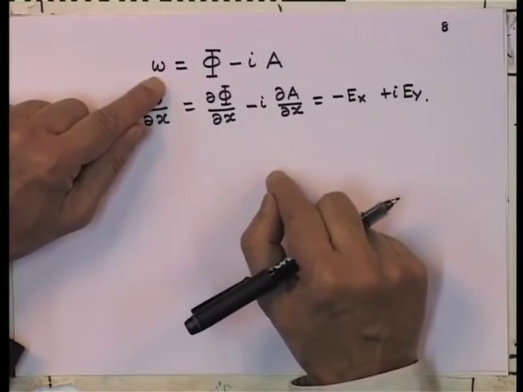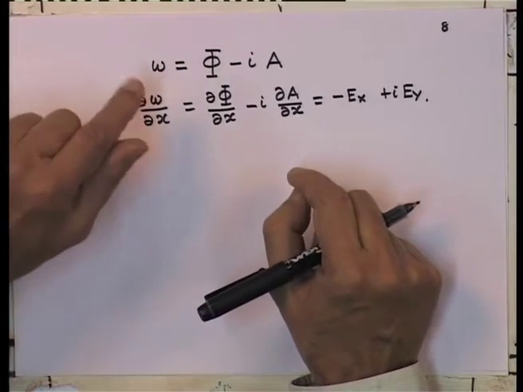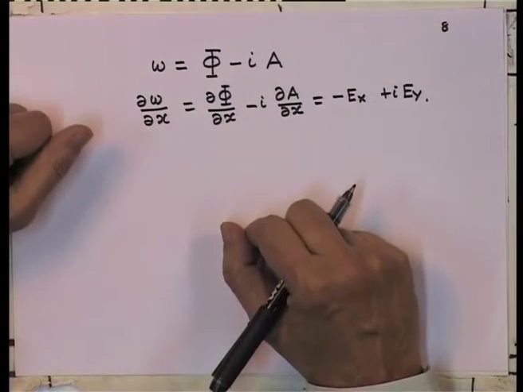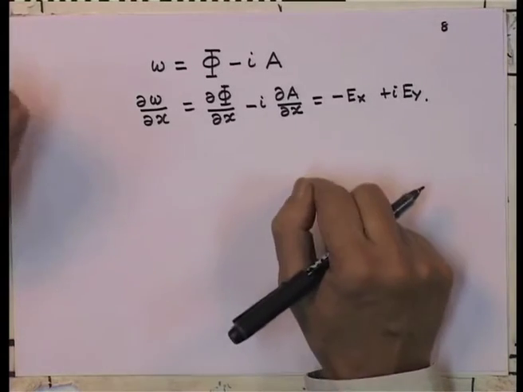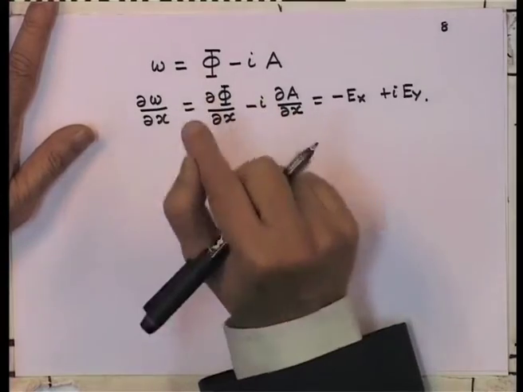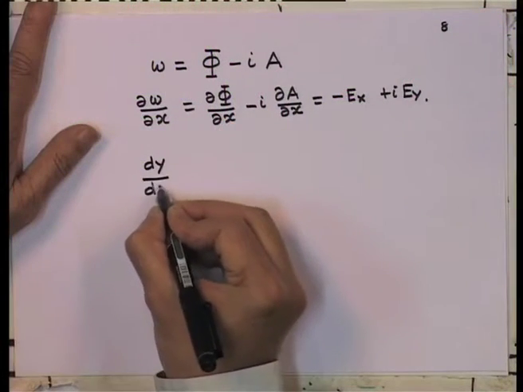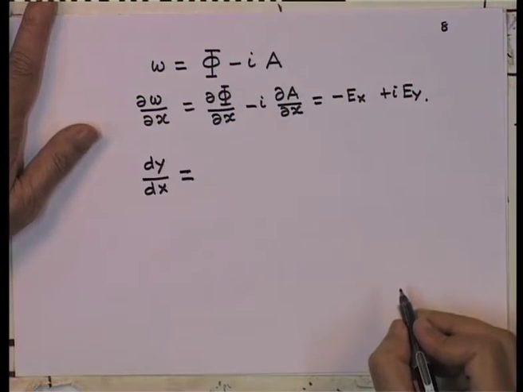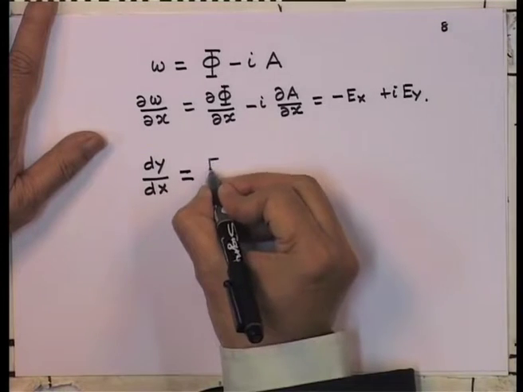Now, if you look at, for example, the complex potential function W, and we say that I am looking at lines of force. Now, what is meant by lines of force? What we will show just now is that along the lines of force, the imaginary part of the complex potential remains constant. So, let us look at how it works. I know by definition the lines of force equation is dy by dx, because I know that the direction of the lines of force is along the tangent to the curve. So, dy by dx is E y by E x.